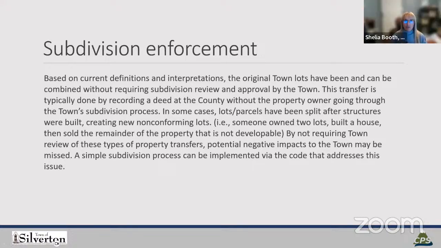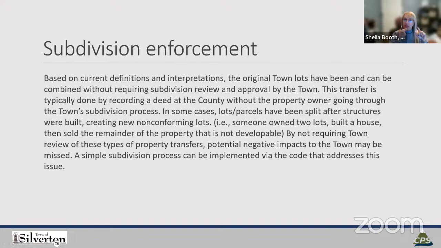It's more to do with when you're combining. So you have two 25 by 100 foot lots and you want to combine them to create one 5,000 square foot lot. If you don't go through a subdivision process, you have a lot line running right down the middle of your lot. Just because you combined them under one ownership doesn't get rid of that lot line. So depending on who interprets it or what's going on, you could have a structure that crosses a lot line and then a title company comes in later and says, how the heck did this happen? You need to get rid of this lot line. It's not a clean title. So it really affects the property owners in the end. That's what I'm talking about.